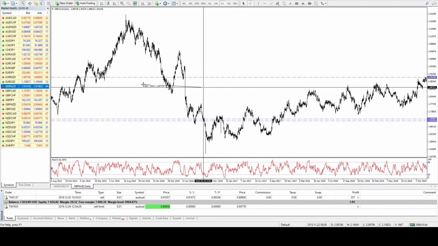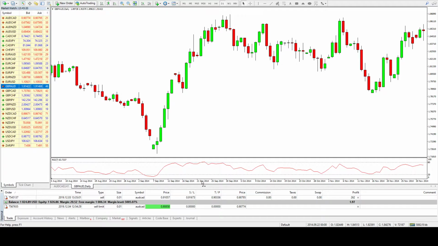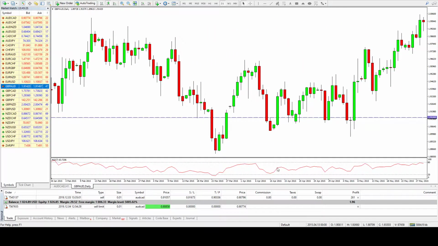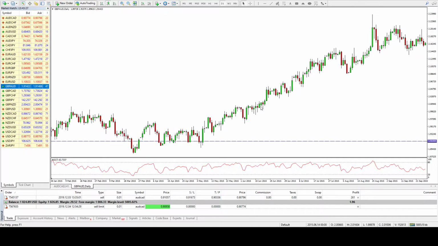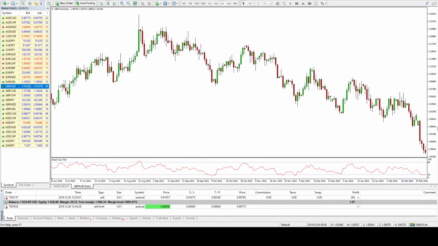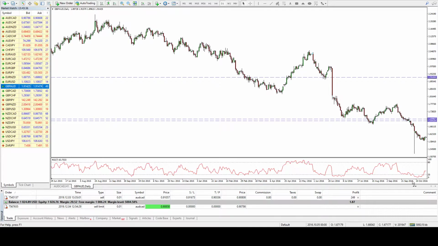So 2016, this would be our resistance for that. Okay, so if the price moves up,